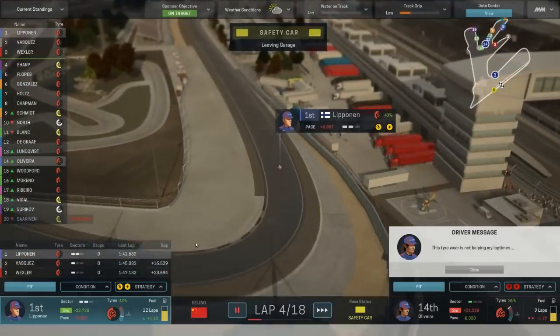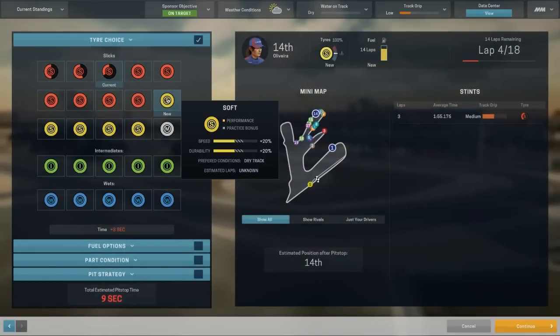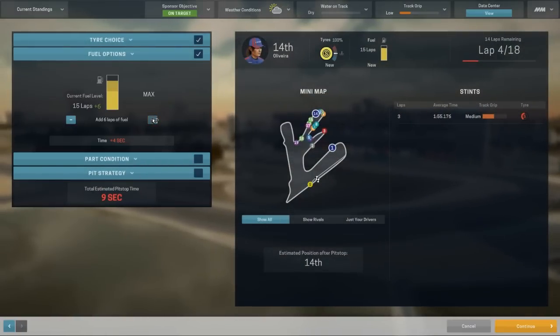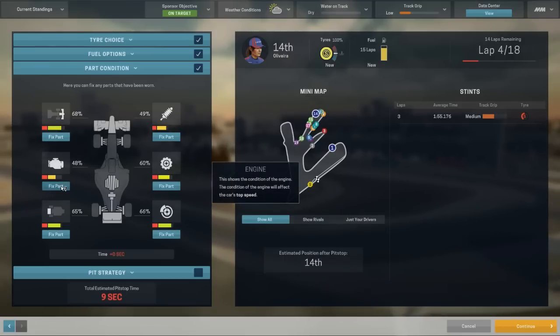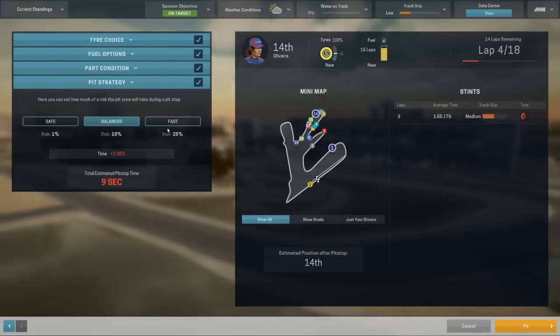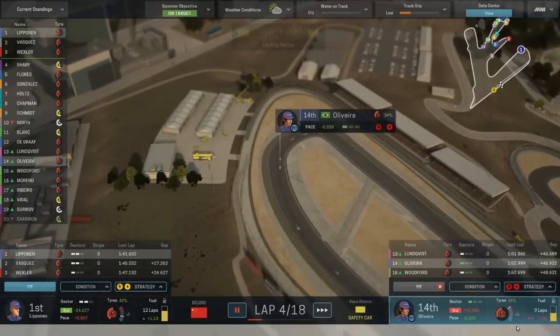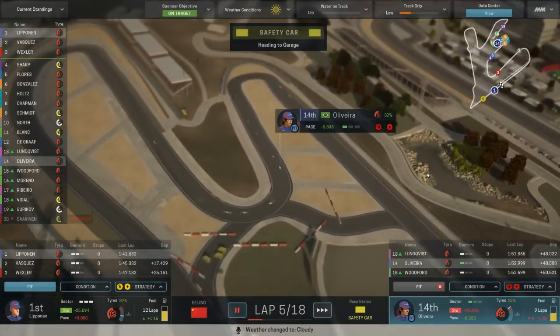Interesting. Right, I'm going to pit Oliveira here. Put her onto the soft tyres. Fill up the fuel. Those parts aren't looking too bad, actually. And pit strategy, I think she always goes with the fast, doesn't she? Anyway, 7 seconds. My aim is just to get her out there. She's just got a green first sector there, so she is...